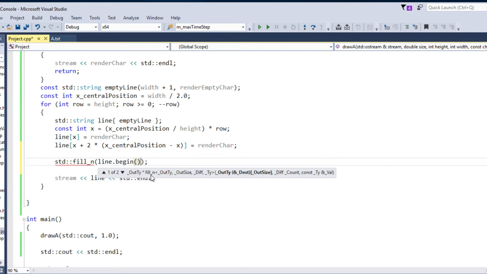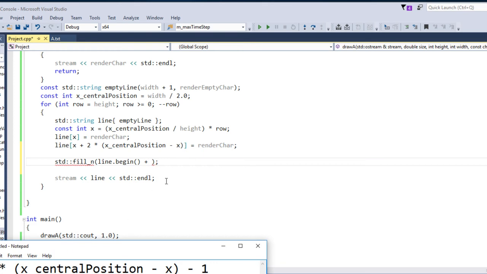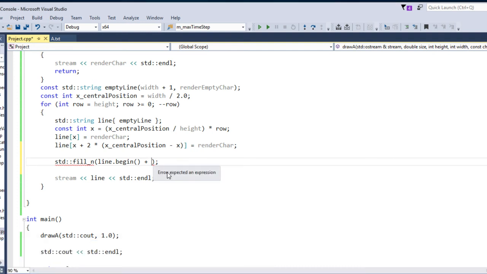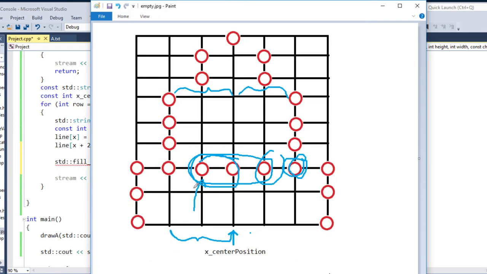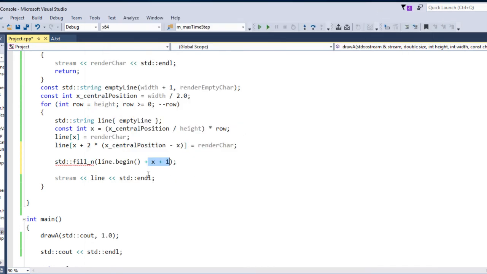So the first iterator is begin plus x plus 1, because this was the first dot we need to print. This one here is x plus 1. So beginning plus x plus 1 is the beginning of the fill,